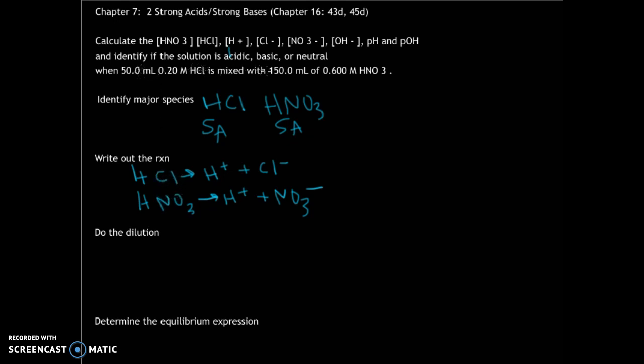However, when you mix them together, it looks like there will be some sort of dilution. You're taking 50 milliliters of stuff and mixing it with 150 milliliters of stuff. So that's a volume change. A volume change will cause dilution no matter what. All right, so we need to go ahead and do the dilution. Now, you have two different acids in there. So you have to do the dilution for HCl, and then you have to do it again separately for HNO3. So what is dilution? M1V1